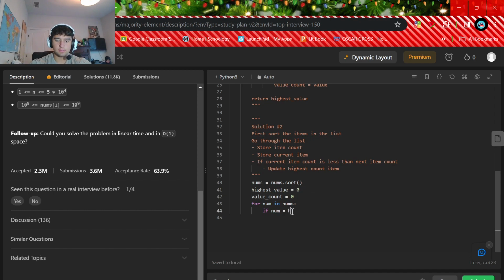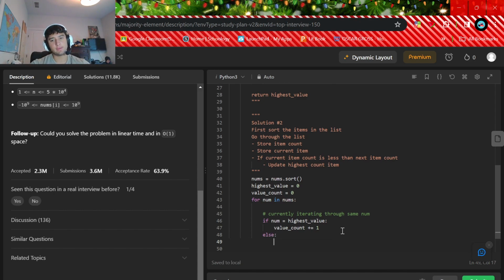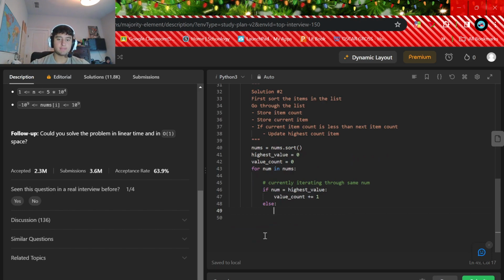If num equals highest value, so if we are currently iterating through the same number, then we're going to do value count plus equals 1. So currently iterating through same numbers, right? Then we're going to add 1 to the value count. Else, if we're iterating through other numbers, right? So let's say we do 1, 1, 1, but then we go to a 2. If we hit a number that isn't the highest value, then what we want to do is